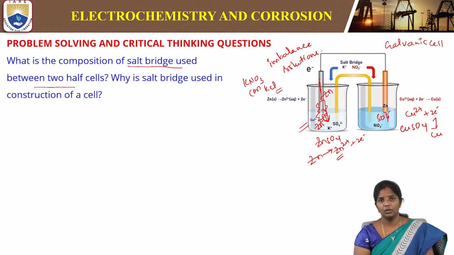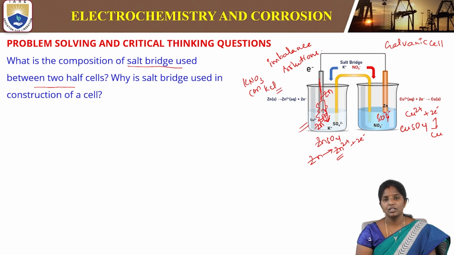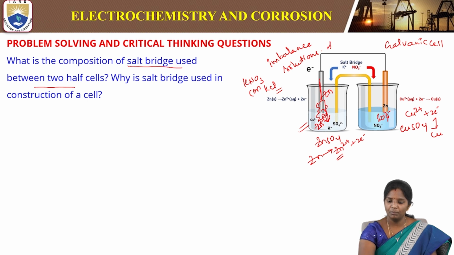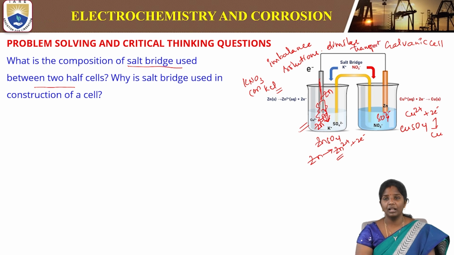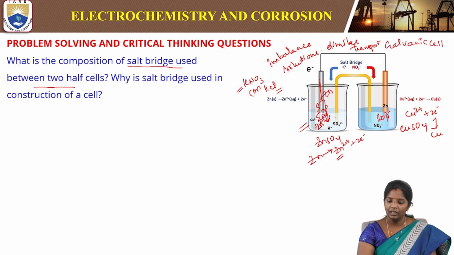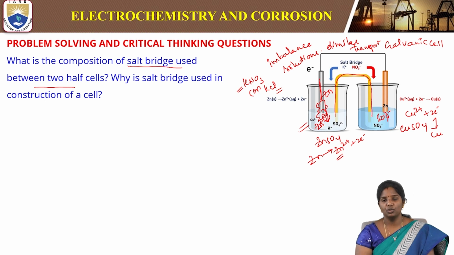So why only KNO3 or KCl or NaCl? Because these have similar transport numbers. The anion and the cation must have similar or nearly equal transport numbers, only then they are used in the salt bridge. So these salts are dissolved in agar-agar and then kept in a U-tube, a bent tube, and used as a